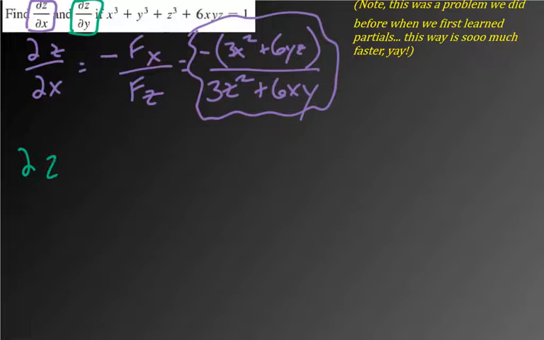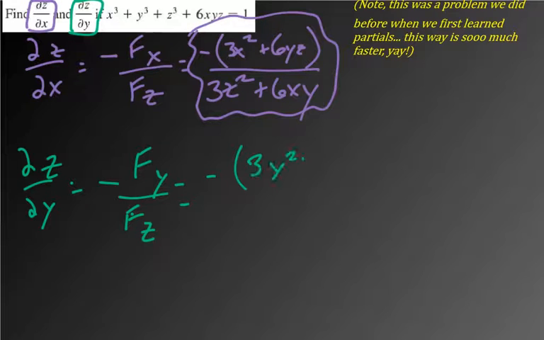Okay, so partial of z with respect to y, negative f with respect to y over f with respect to z. Always just those diagonals. So here you would get 3y squared plus 6xz. And then it'd be over 3z squared plus 6xy again. And just to show you, and that really is it,